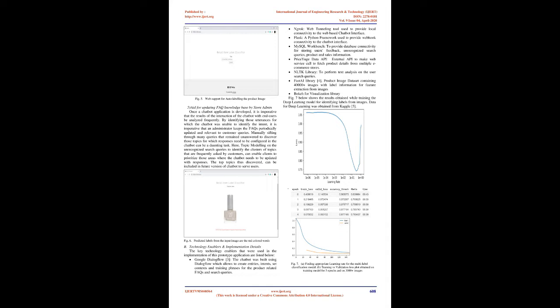FastAI Library 4, product image dataset containing 40,000 plus images with label information for feature extraction from images. Bokeh, a visualization library. Fig 7 below shows the results obtained while training the deep learning model for identifying labels from images. Data for deep learning was obtained from Kaggle 5.